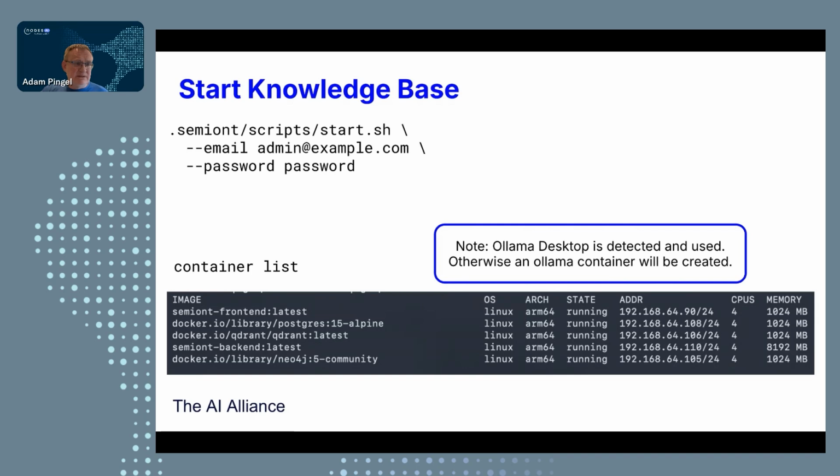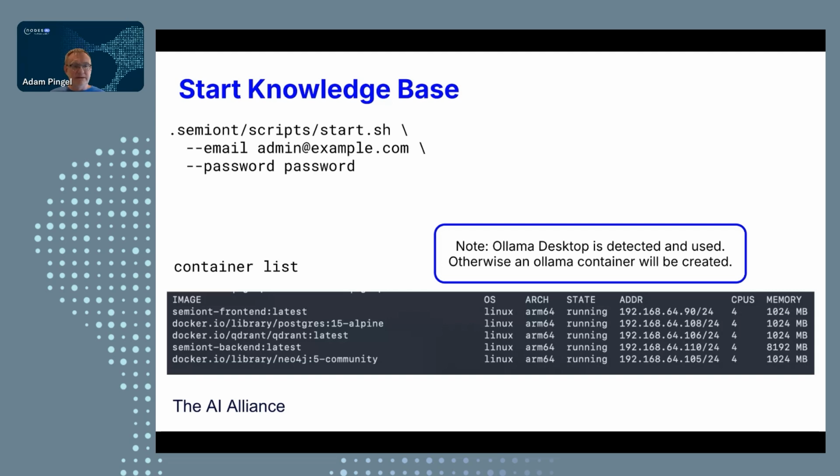So after you start the knowledge base, the first time you do that, you would provide it with the credentials of a user you'd want to create. And again, this is all just intended right now just for local development. I'll probably stand up a couple of ephemeral GitHub codespace based knowledge bases that I'll stand up occasionally for demos. But for now, we're going to treat them all as ephemeral things